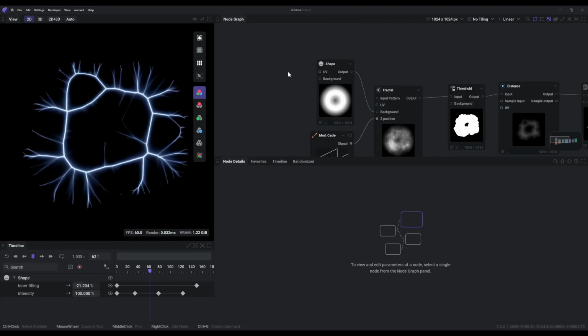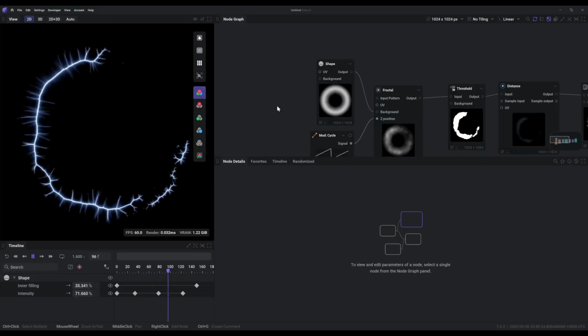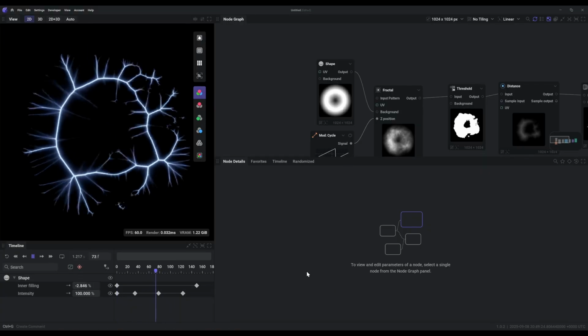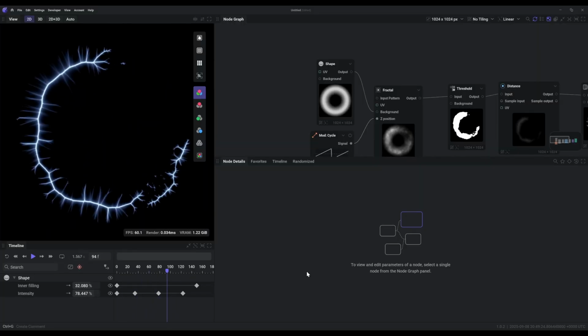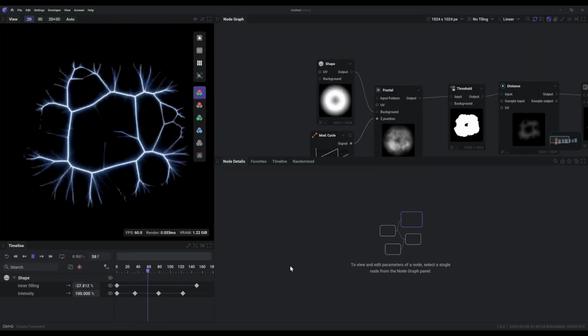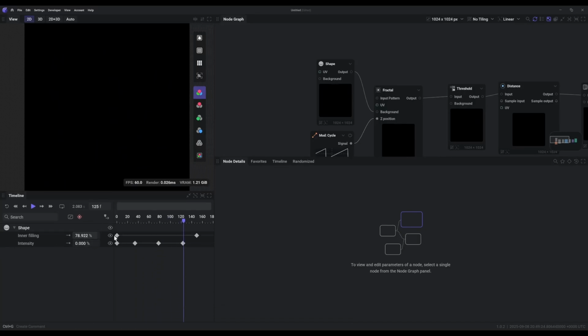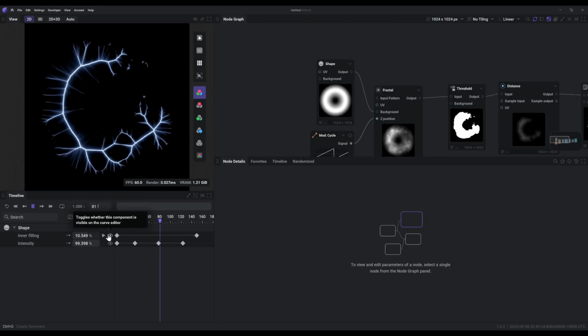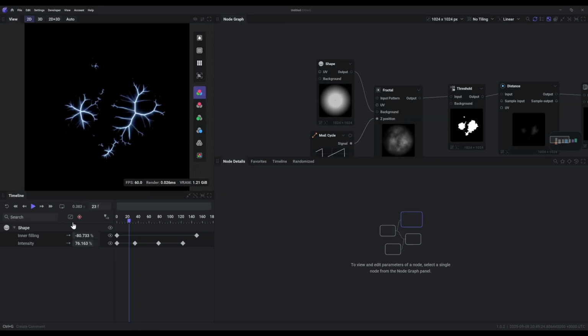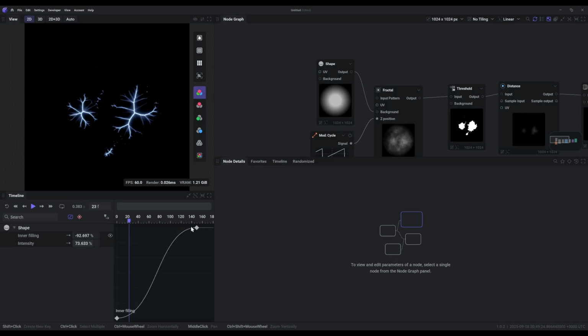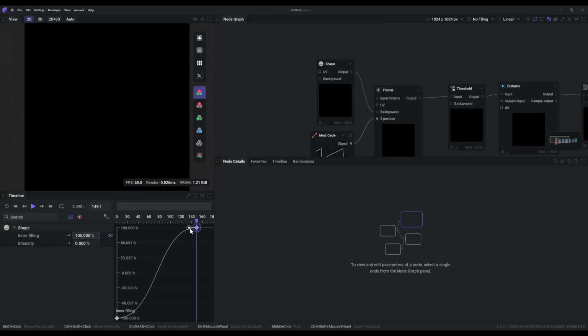So yeah, you have something that is looking quite good, and of course you can play with the curve if you want to change the dynamic of the animation. For instance, what I have in my inner feeling is probably a bit too smooth. If I want something that looks more explosive, I can change that. So I go to the curve here, show just the inner feeling. You see it's starting slow, then you have lots of change, and then it's ending slow. What you can do is change that to have something more like this,